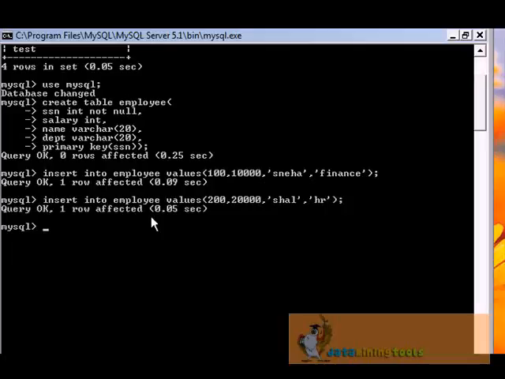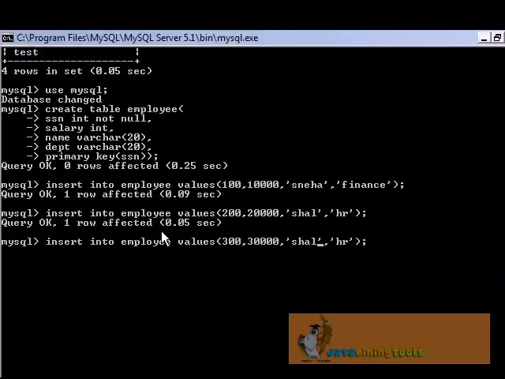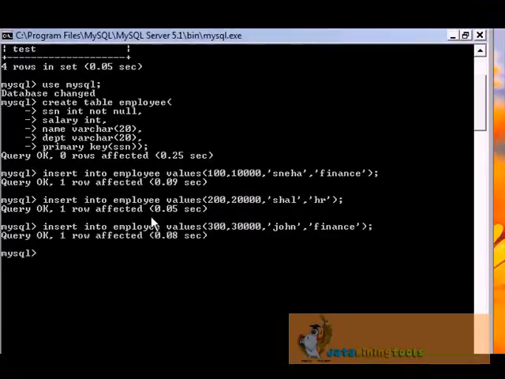So in order to repeat the query, use the up arrow. Just change the attributes, change SSN, changing the salary, changing the attributes. Query okay. So the last value,